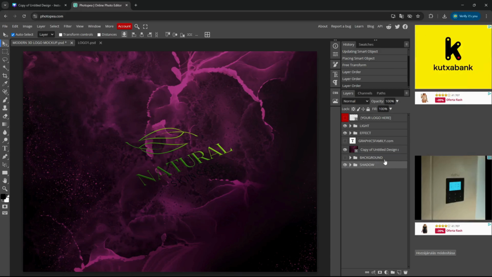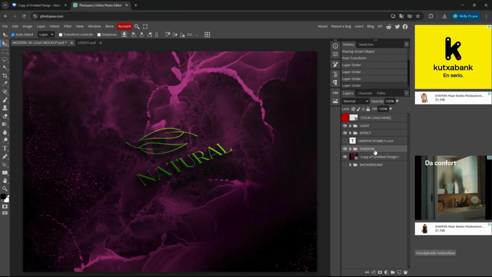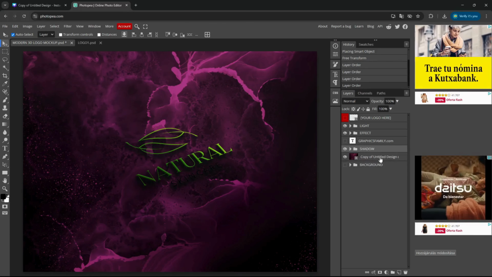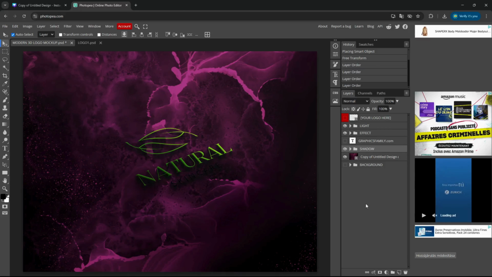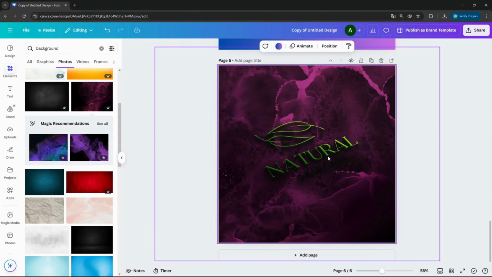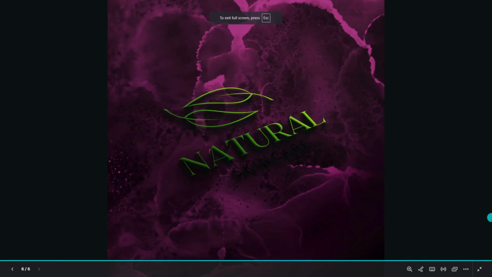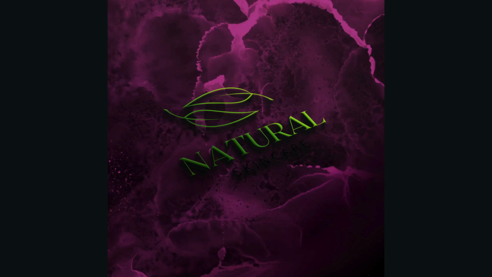So if I move the shadow below the background, nothing happens, of course. But if I move it above my background layer, it's like they are coming back. As you can see, it really works. The only thing was this background is too dark and not really visible. If I use a bit lighter background, this will be more visible. But I'm still really satisfied with this option. I created a really nice 3D